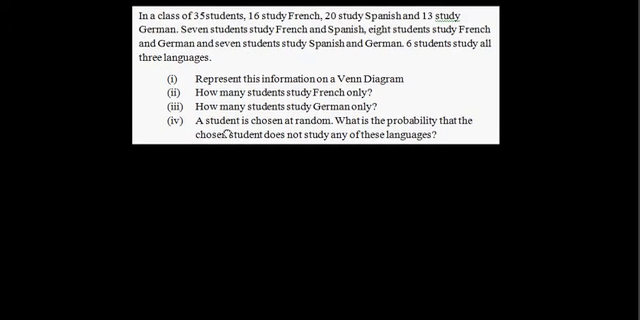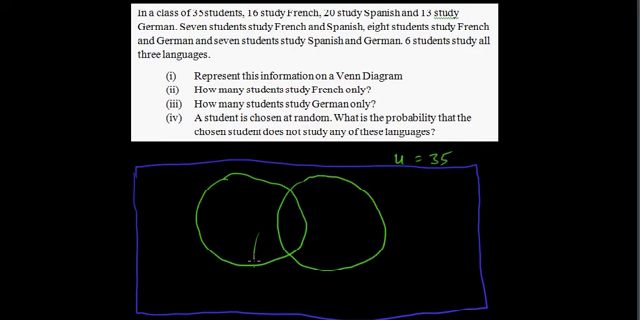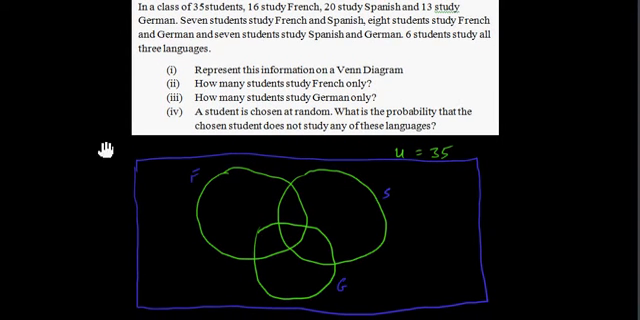So usually the first thing you would do here is draw a large rectangle. So I'll just draw that first. So there's my universal set. So our universal set will be 35 students. Now we're going to draw three circles here, and three circles will represent the three languages that we're talking about. So they will overlap here in the middle. So we're talking about French, Spanish and German. Now let's read down through the question, and we'll just fill out as much as we can